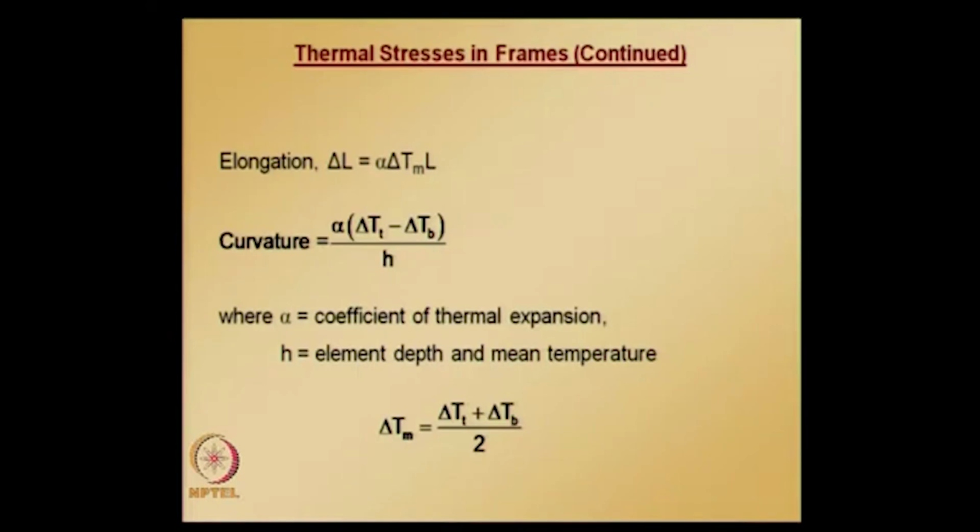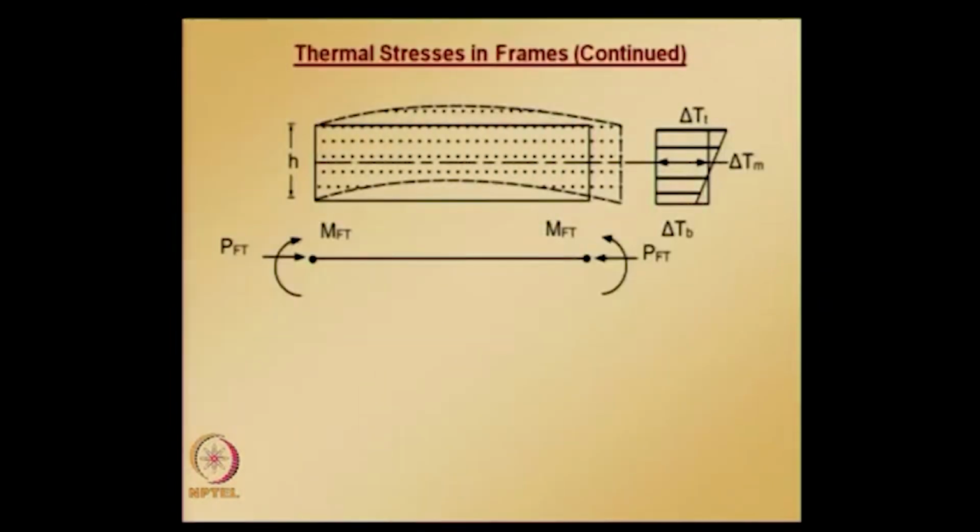We know that once we know elongation, we can find the strain, and once we know strain, we can find the axial force. Similarly, we know the relationship between bending moment and curvature. Since we know curvature, we can find the bending moment. So, the resulting fixed end axial forces and bending moments, which you have already seen in the figure, have directions that assume a mean temperature increase